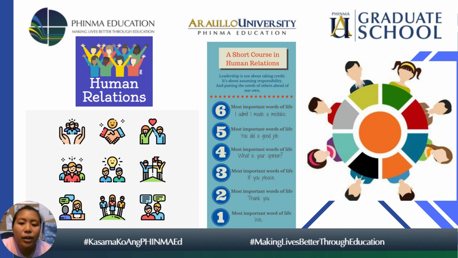16, be cooperative in group undertakings. People usually hate others who are not cooperative in group undertakings. Ayaw nila ng dumbbell or mga pabigat. Number 17, be firm with your reasoned convictions. People usually admire those who are firm in their reasoned convictions, especially kung pinapanindigan nila yung mga sinasabi nila.